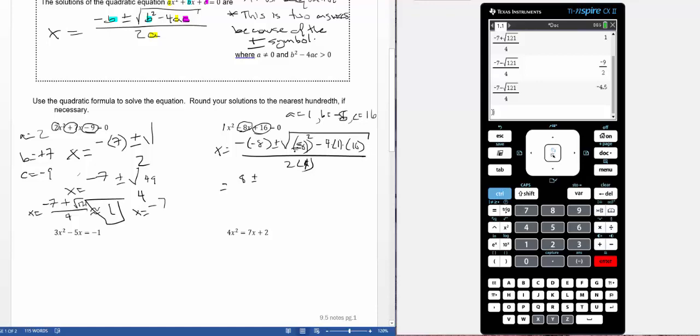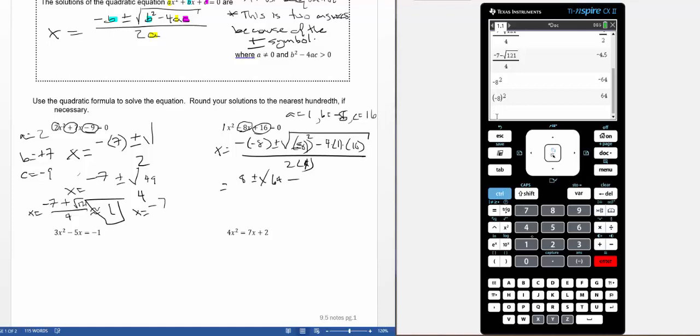Negative 8 squared is negative 8 times negative 8. Two negatives make a positive, so when you square b, you always get a positive number. It's a really easy mistake to make to go along with your calculator and try to do something like minus 8 squared and write negative 64. That is not what you have typed here. What you have is parenthesis minus 8 squared, which is positive 64. So don't make this lazy mistake. This is positive 64